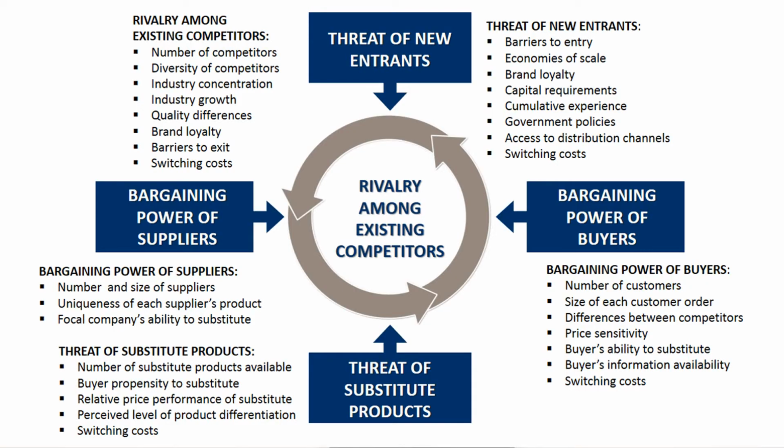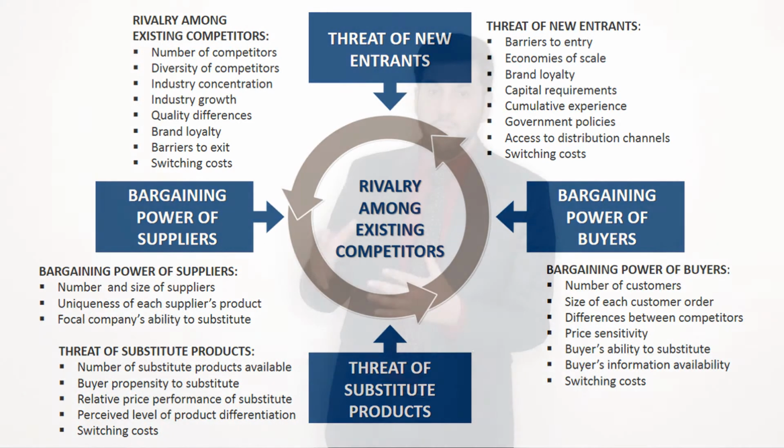The second force, as you can see at the top of the diagram, is the threat of new entrants. Threat of new entrants actually means how friendly that industry is, whether anybody can come in as a producer. Besides the already existing players of a market, there will always be a threat that a new person, new company, or new firm will come in and start a business. So we want to check whether people can easily start this business or not.